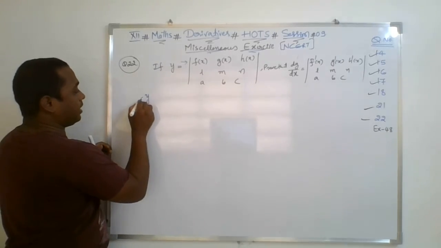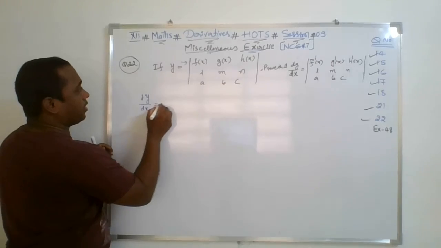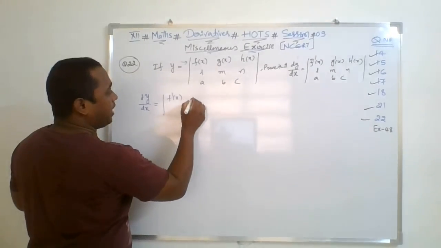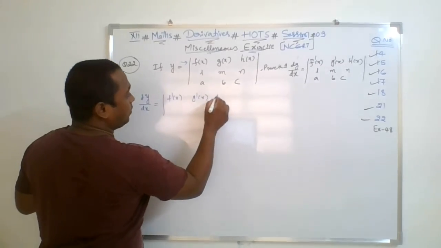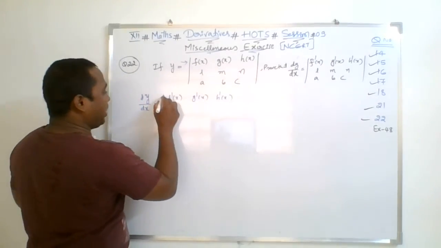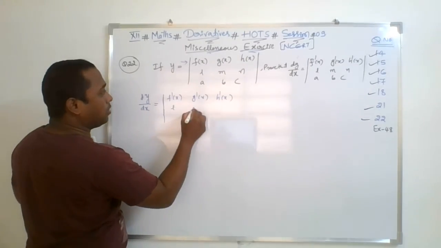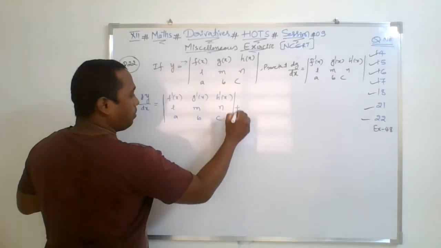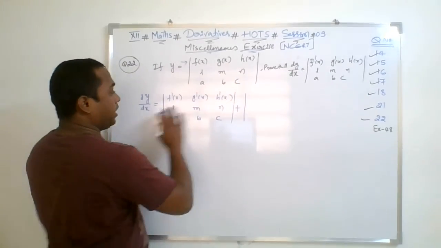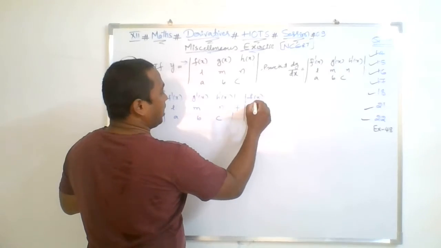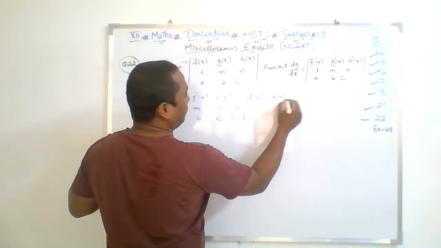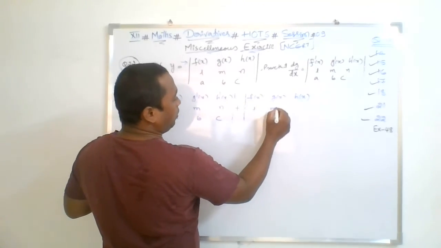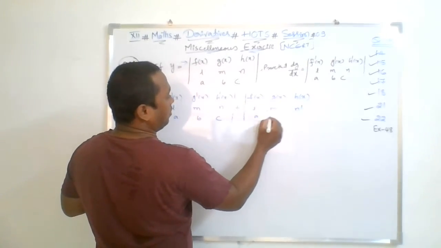So y dash, that is dy by dx, is nothing but simply the derivative of the first row, that is f dash x, g dash x, h dash x, by keeping the other two rows undisturbed, plus, and then the second time the second row, derivative of L, derivative of M, derivative of N, rest is same,